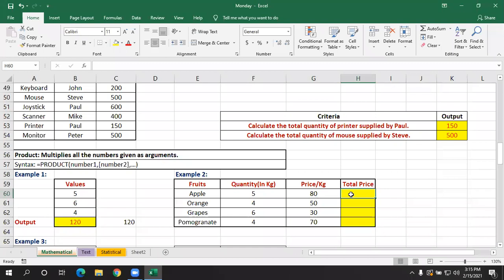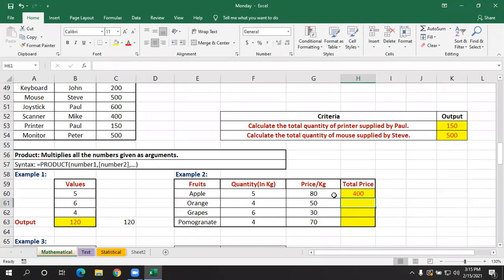So what you need to do is give equals. You can use the product function, or you can select the cells, give the asterisk symbol, select the value, press enter. Here F16 means this cell, G16 means this particular cell.